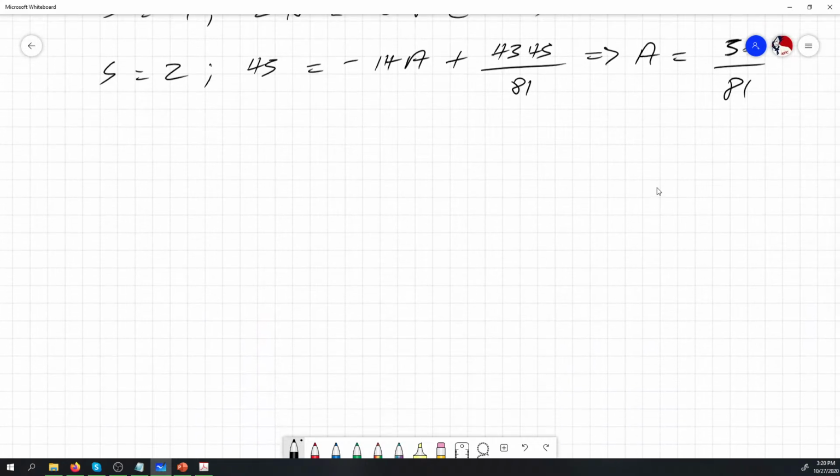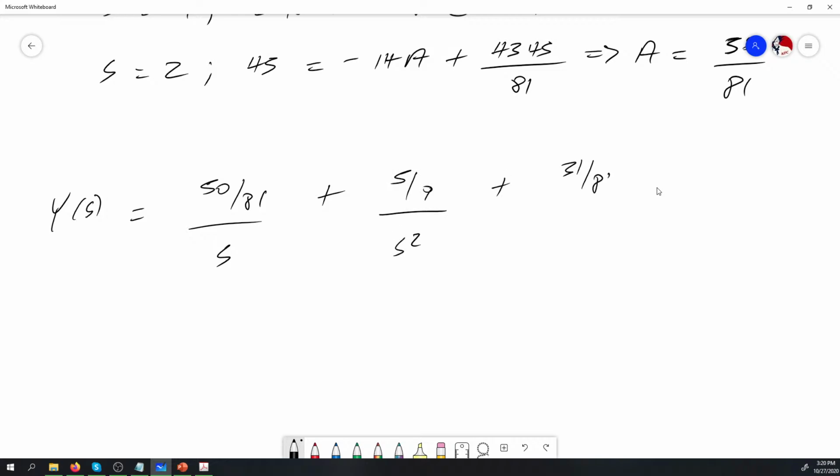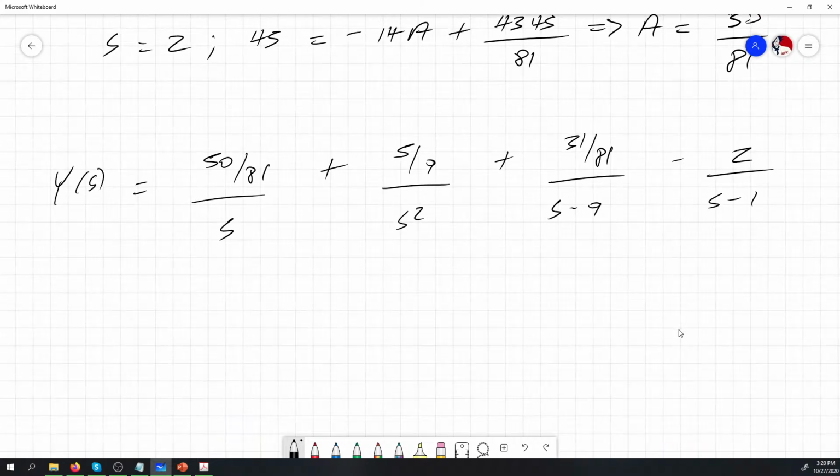So when we plug in all these factors here for y of s, this is going to be 50 on 81 divided by s plus 5/9 over s squared plus 31 on 81 divided by s minus 9 minus 2 into s minus 1. And then when we take the inverse Laplace transform,